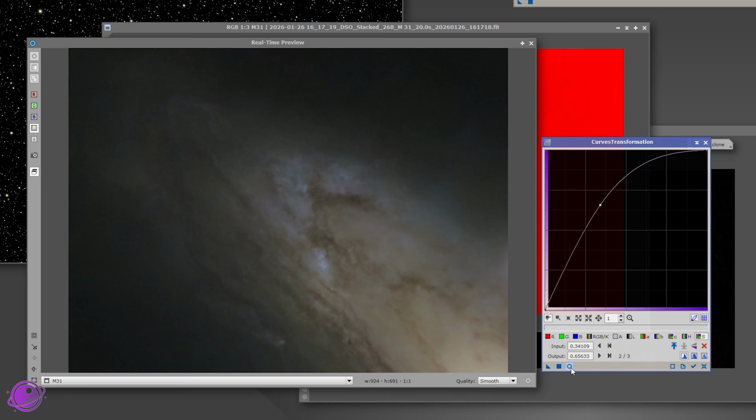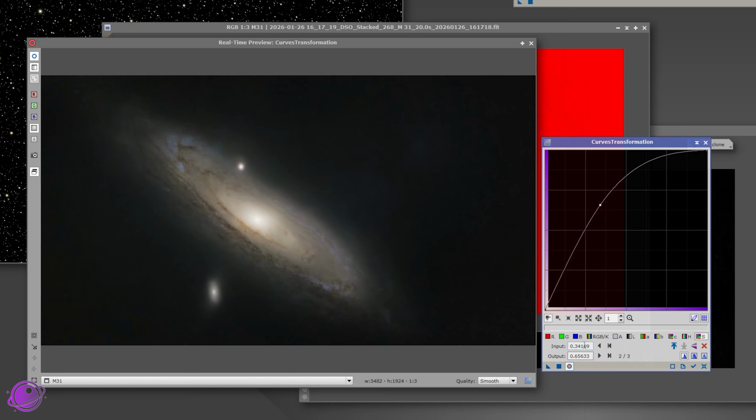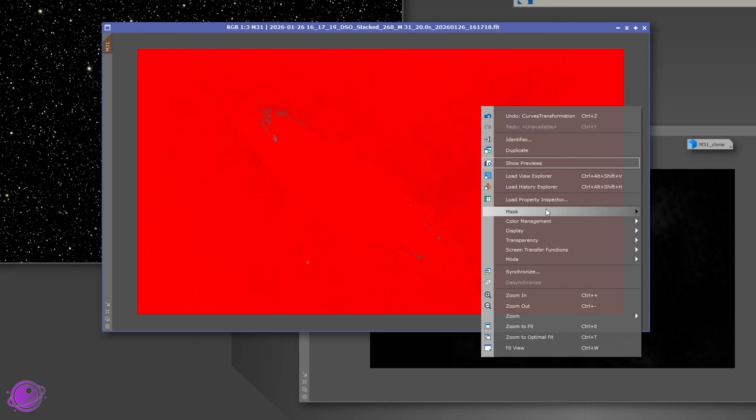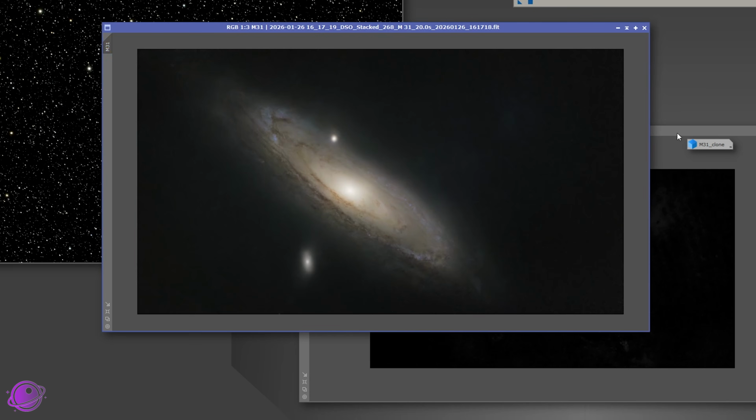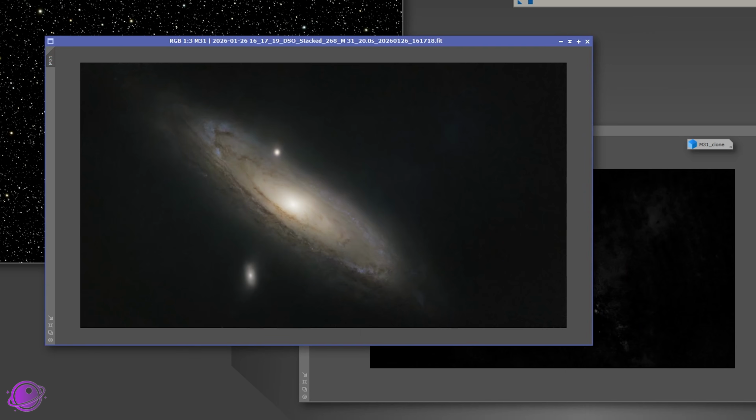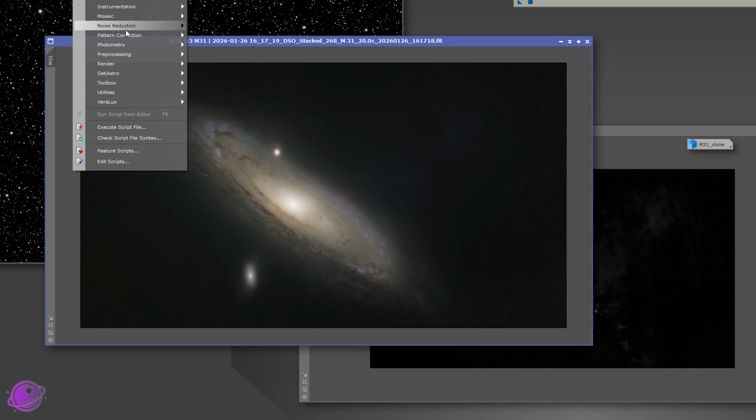You can see the blue kind of starts to pop a little bit more. It's not a lot, it's very, very subtle, but it looks pretty good. Okay. Remove mask. The other thing I can do is I'll go back to the mask,